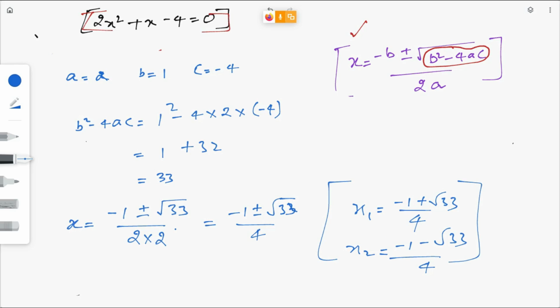We got the same solution when we solved these two by the completing the square method, right? But that took a lot of time. Solving this equation using the completing the square method will take a lot of time. So now you can solve this using the quadratic formula within 2 to 3 steps. So which one is simpler? Which one is easier, the quadratic formula or the completing the square method? The quadratic formula is far better than the completing the square method, right?